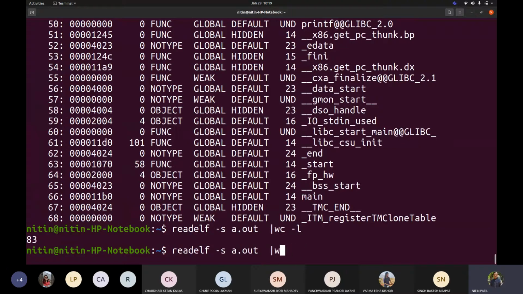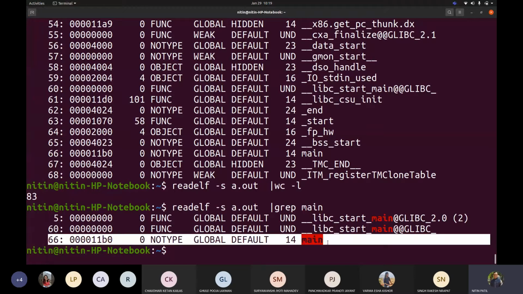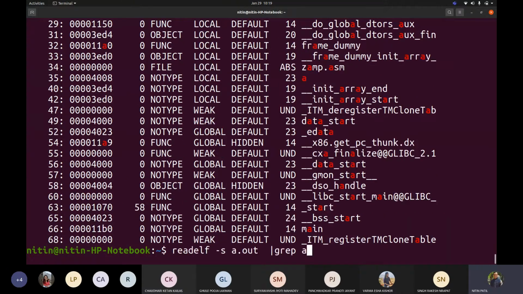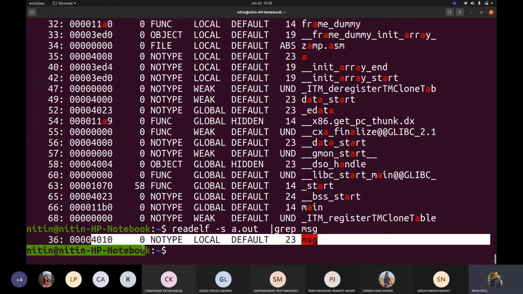And if I try to search grep main, now this is the address that I got at the 66th entry, correct, for my main thing. Now similarly, if I go with MSG we will take. So MSG could be found here, with the length to be 23, correct, and this is the address.